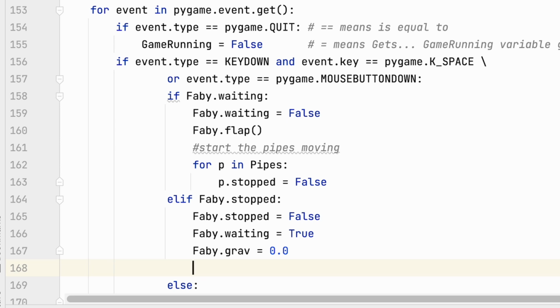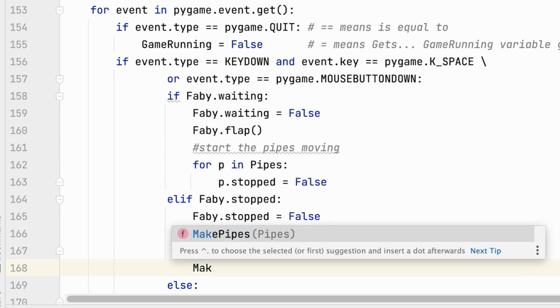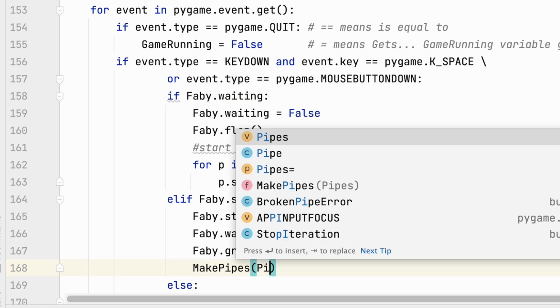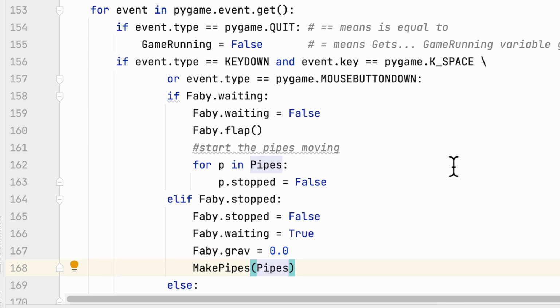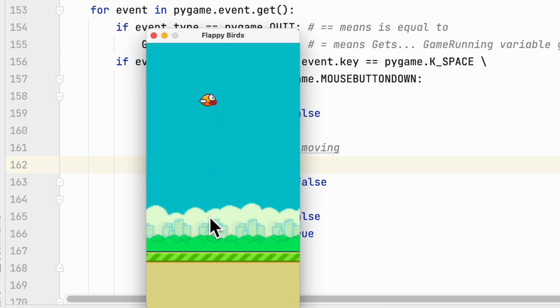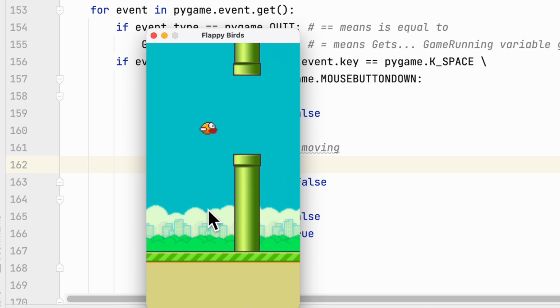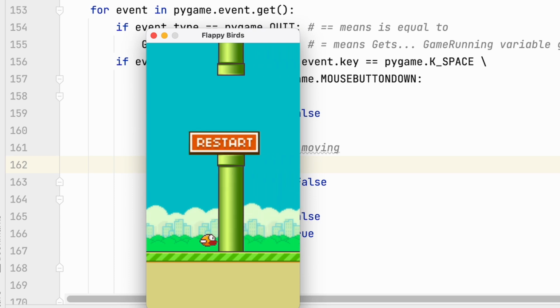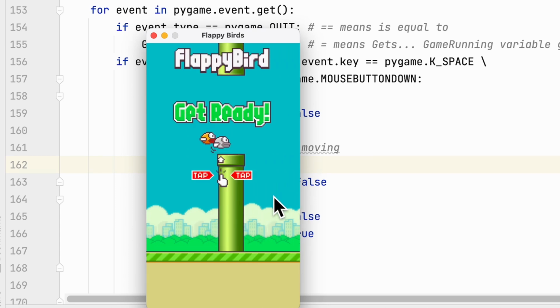And then I think we need to make some more pipes. So let's drop in a make pipes, right? And we'll see how that runs. Okay, so let's run that. Okay, so our bird's ready. We click on it. We click, click, click, click. Boom, we've crashed. I'm going to click on the button,